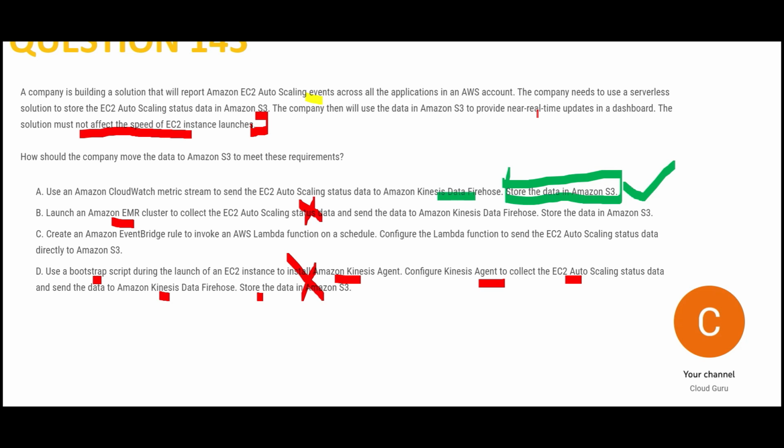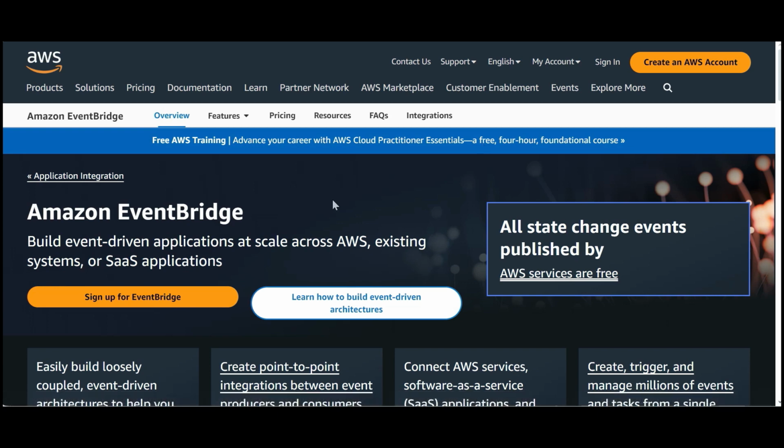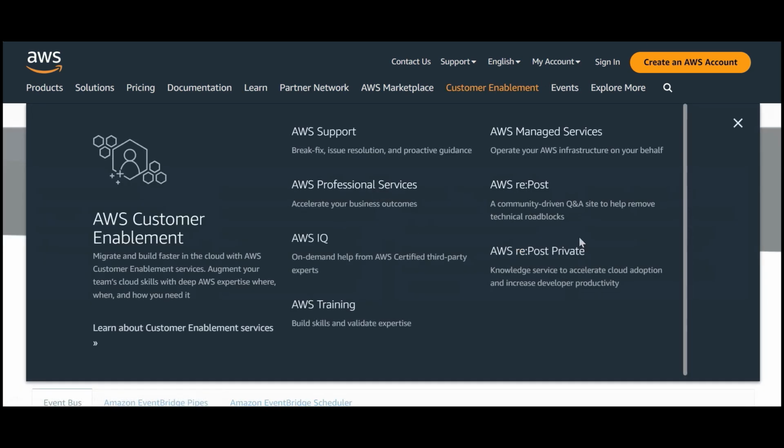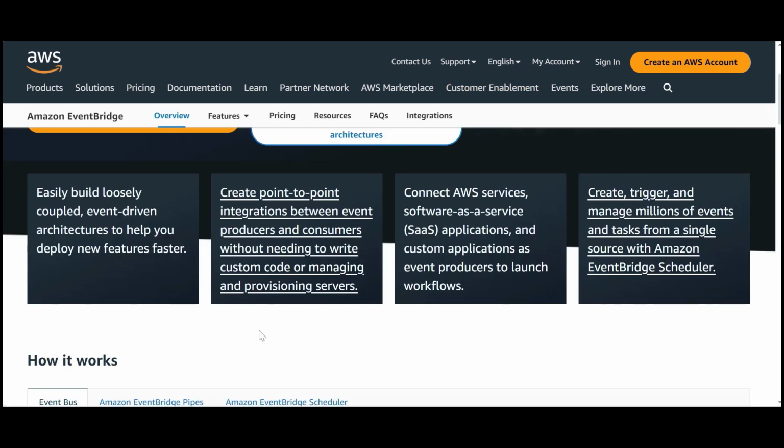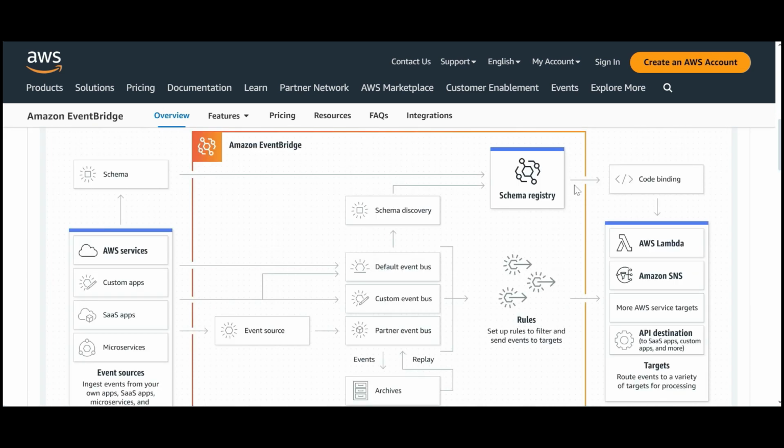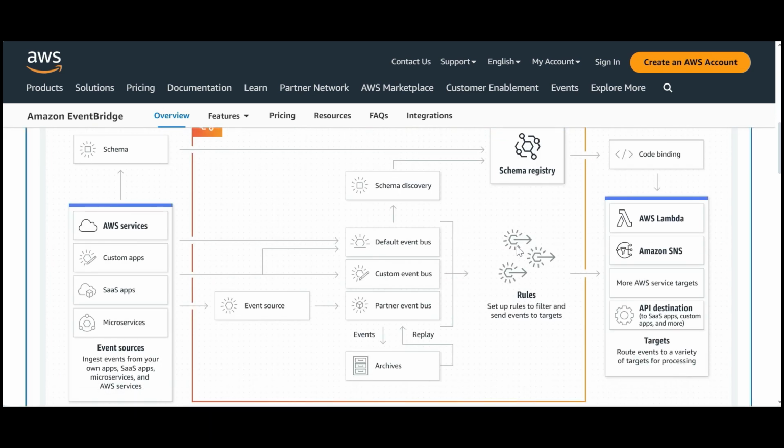Okay, so EventBridge. What is EventBridge? If you want to build event driven applications, then you use EventBridge. Event driven means after a certain activity, you trigger certain events.